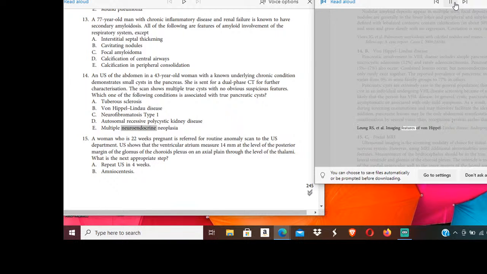Lung RS, et al. Imaging features of von Hippel-Lindau disease. Radiographics. 2008, 28:65-79. 15. C. Fetal